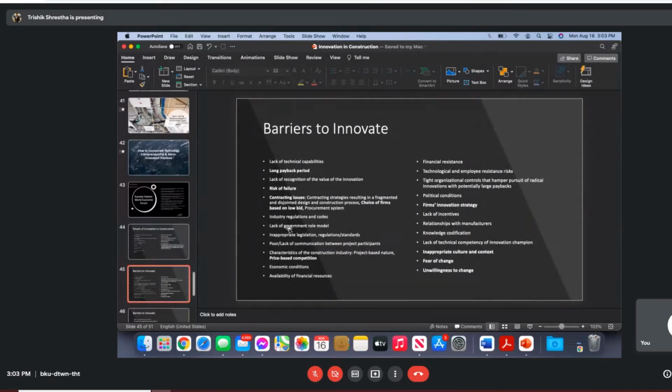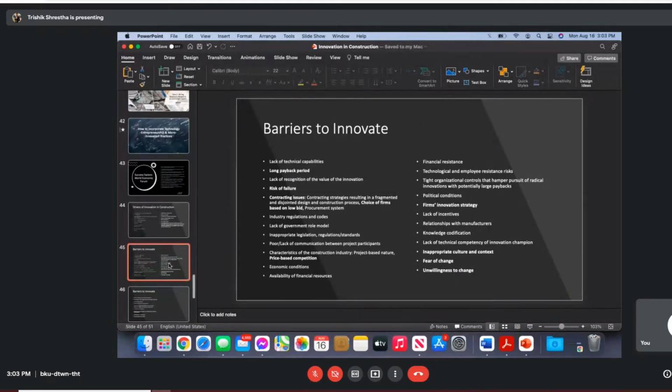So the barriers to innovate, this is where we can go wrong. All of these points are still yet to be discussed. Right? So this is all in the how can we make our companies more innovative, micro and macro. You know, it's not going to be smooth sailing, mind you.